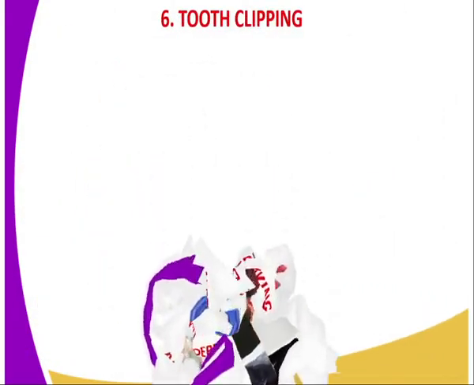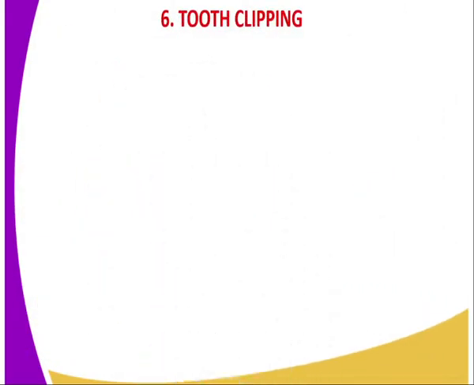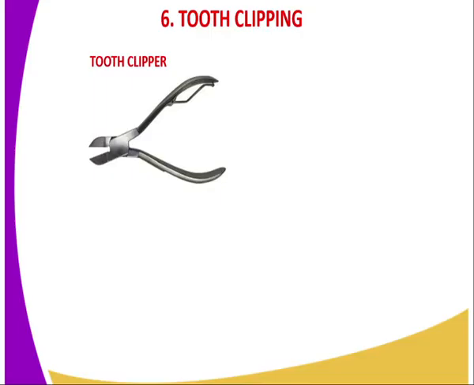Then we have tooth clipping. Tooth clipping is the removal of those sharp-pointed teeth, especially in piglets. These teeth are very, very dangerous because they might injure the mother in the course of suckling. You can see there is a tool there. It is called a tooth clipper,